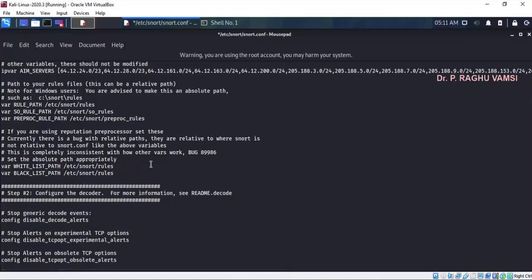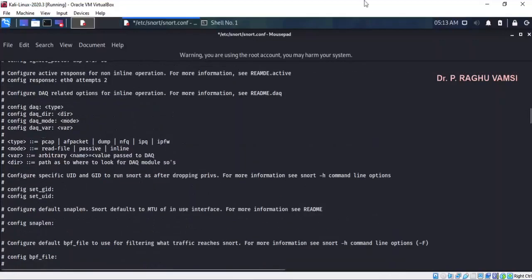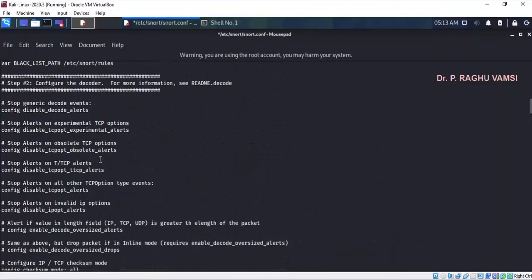Instead, you may also create a new folder for the white list and black list. You can set that path here, so that the rules in that folder will become the whitelist and blacklist respectively. And here various options for the decoding of the packets were mentioned.